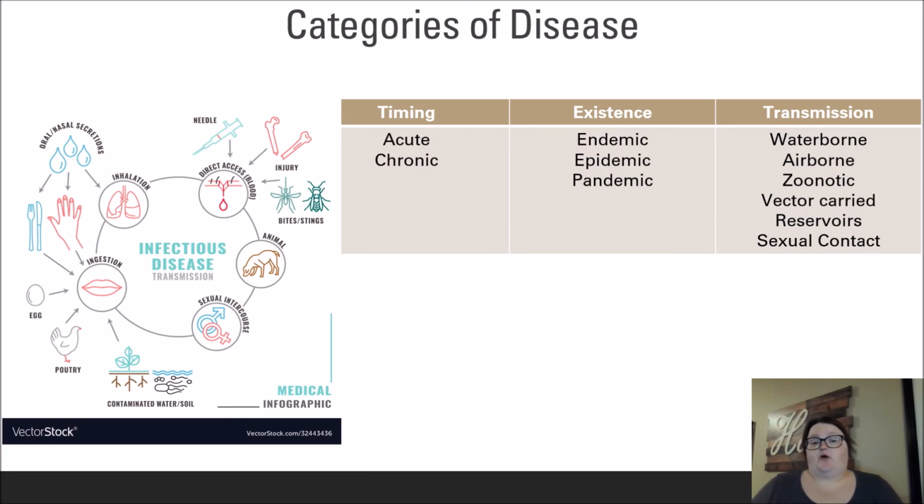Most diseases are either waterborne, like cholera, or airborne, like the common cold. Some are considered zoonotic, meaning that they originate in an animal and get passed on to humans, usually through a bite or eating tainted meat or organs. Vector-carried diseases are those that are transmitted from person to person via an organism like a mosquito, who picks up blood from one host and carries it on to the next. Some diseases can be spread through reservoirs, or locations, organisms, or objects that have been contaminated with the pathogen and can then spread it to another individual. Lastly, some diseases are spread through sexual contact, like STIs, HIV, and AIDS.